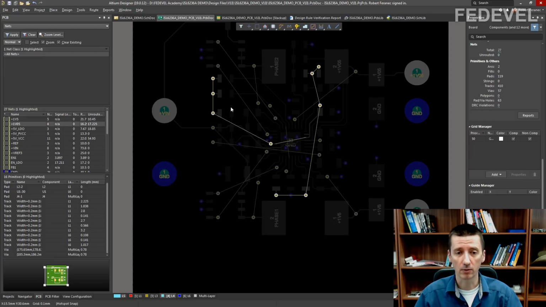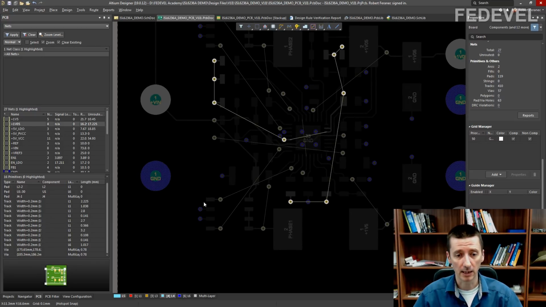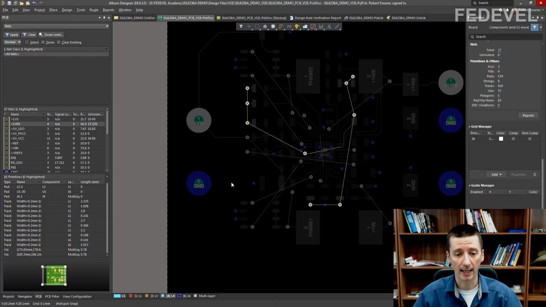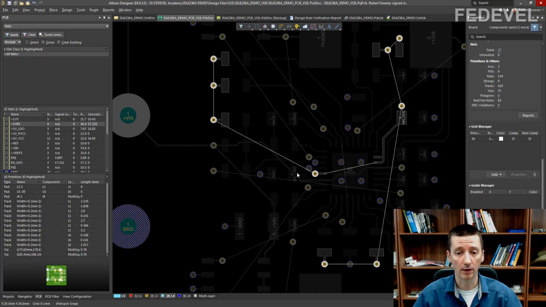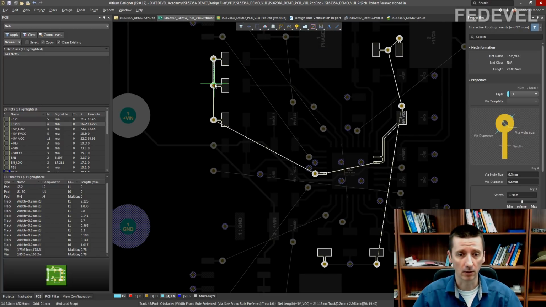So what I normally do in this stage of the layout, when we are connecting all the pins, I simply use tracks to connect these vias. And later, when we will be improving the layout, we will draw the polygon around these vias. You will see. Okay, so at this stage, instead of drawing a big polygon, a big copper area on layer 4, we are going to simply draw tracks and connect all these vias together. Left click here and connect them.